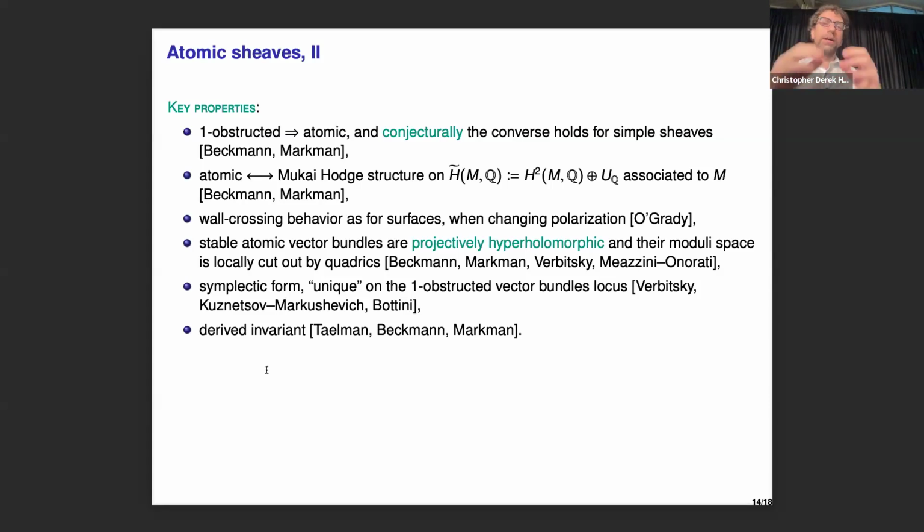So same as before, but not all objects have a Mukai vector in this way. So it's a standard Mukai vector, but it has one if the definition before it holds. Anyway, this is some technical condition. Wall crossing, we know that if you vary polarization, this is horrible in higher dimension, but not for these sheaves.